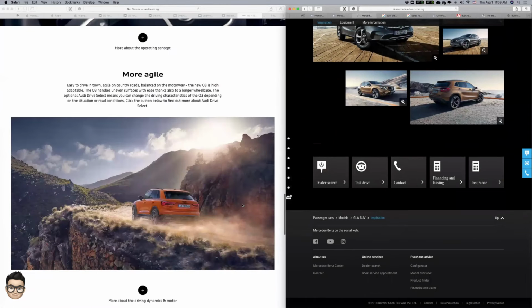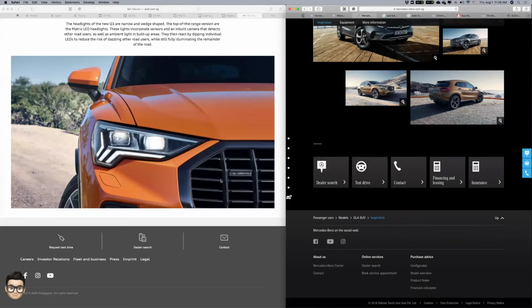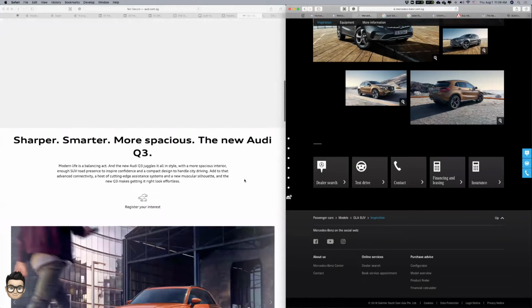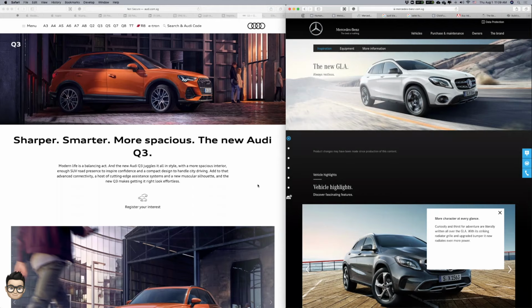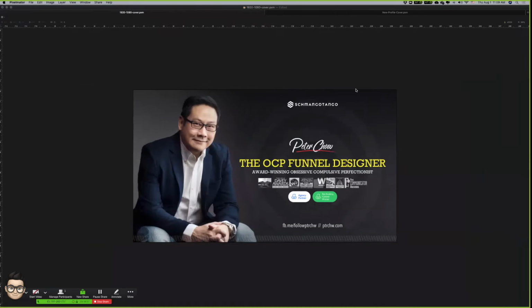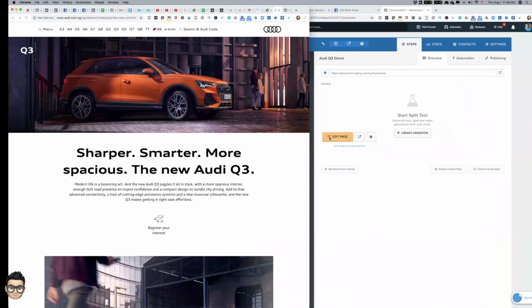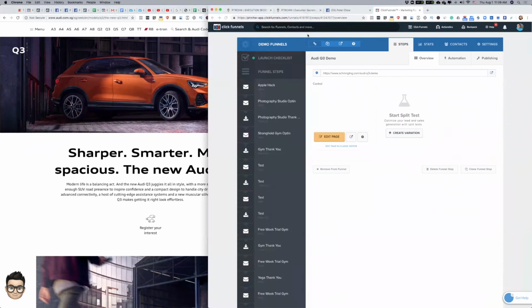Compare both, right? So, to me, what looks more impressive, what looks a lot more visually appealing would be the Q3. So I'm going to use Q3 to do our replication next. In order to prepare for that, I'm going to use my Safari app, of course, my Chrome as well, because ClickFunnels runs better on Chrome. It's a little bit more buggy on Safari, so I'm not going to use Safari, but I use Safari for